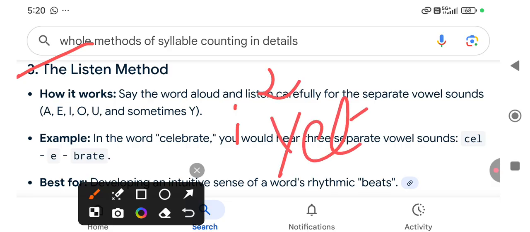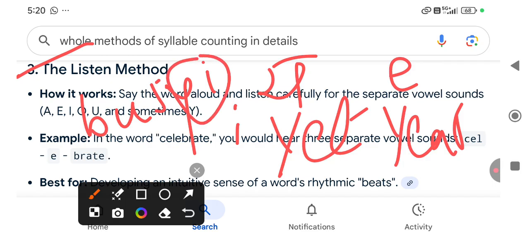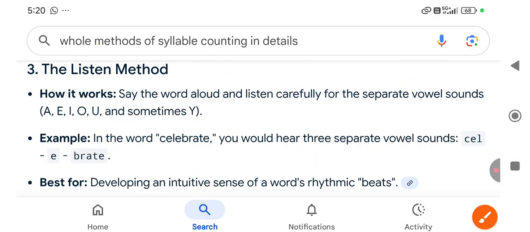Here Y is pronounced as a consonant, as in "year", but here Y is pronounced as E, right? And in "busy", Y is pronounced as I. So in such words, where Y is pronounced as I, it will be counted as a vowel, right? So for the listening method, you have to say the word aloud and listen carefully for the